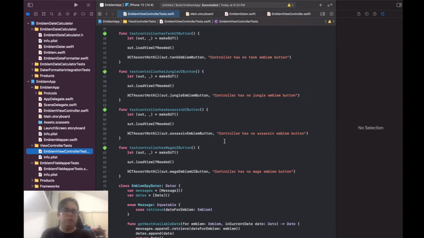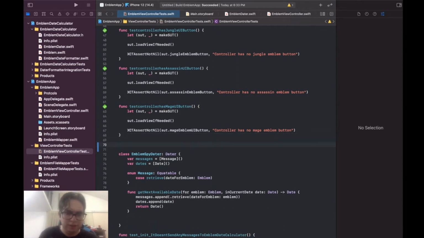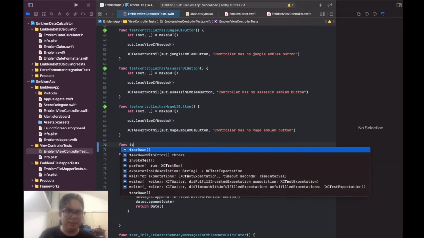Okay, so now what I want to do is add a label and make sure that the label here from my SUT, from my Emblem view controller, has no text at first and then has a text after I click the button, right? So first of all, I'm going to create a test